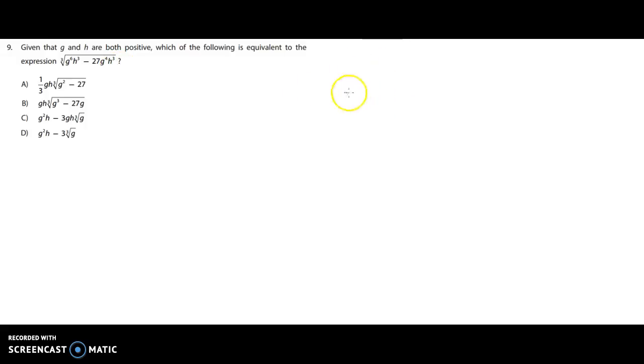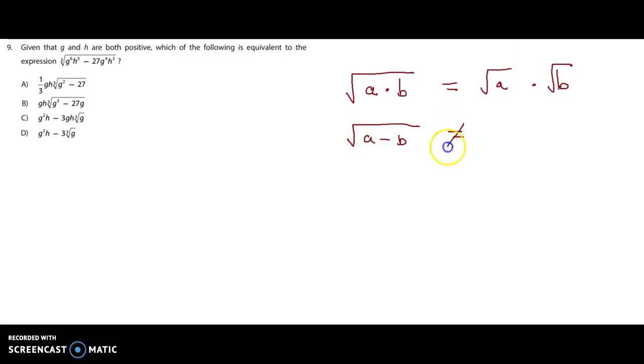And that is this. If I have some sort of radical where I have terms being multiplied by each other, so let's just say a times b, that can be rewritten as the square root of a times the square root of b. However, if I have a minus b, that does not equal the square root of a minus the square root of b. You can test numbers on this to see that this makes sense, but this is a very important distinction that